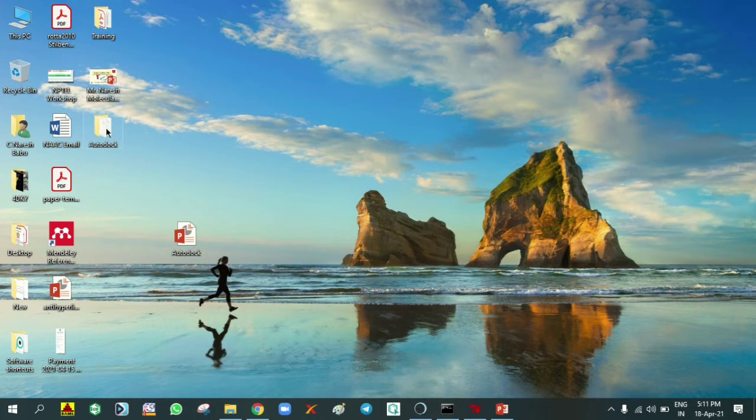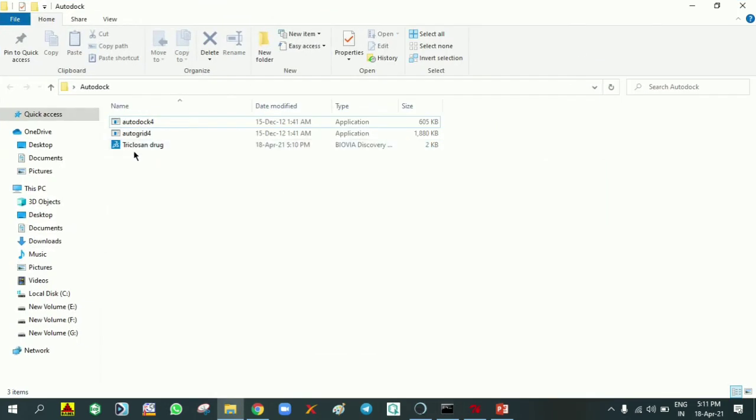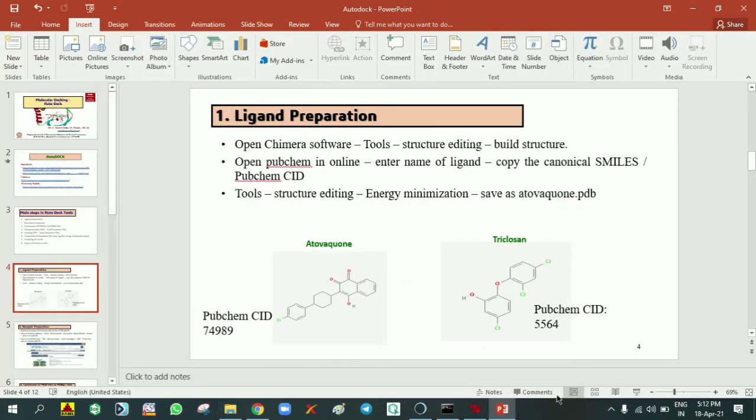So this Autodock folder, I created. What I did, the ligand preparation, the final PDB format of the triclosan drug, it came to here. Along with this, I copied the AutoDock 4 and AutoGrid 4 applications. They will be useful to convert our parameter files to log files. I will show that later. So that is the first step, ligand preparation, and then moving to the next step, that is